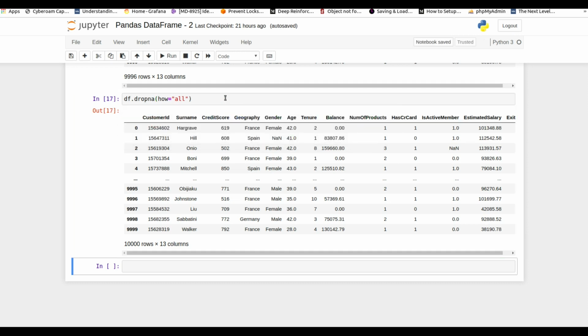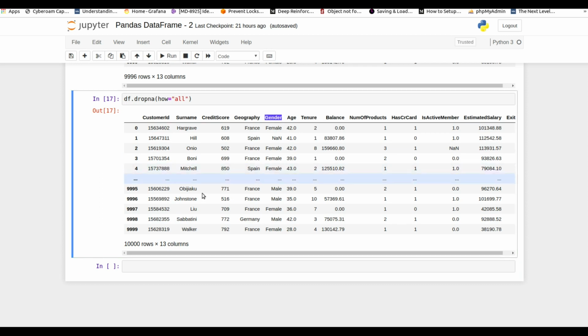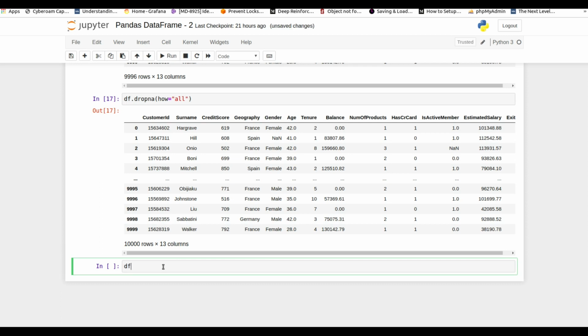Now the next scenario: suppose I want to drop a row only if a particular column has a null value. For example, suppose I want to drop the row if the gender is not present. In this scenario, we have one more parameter, that is subset, and you need to provide the column name in it.